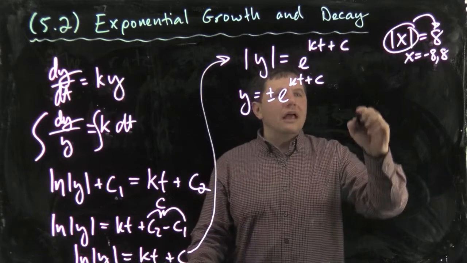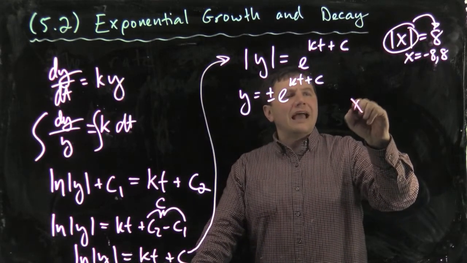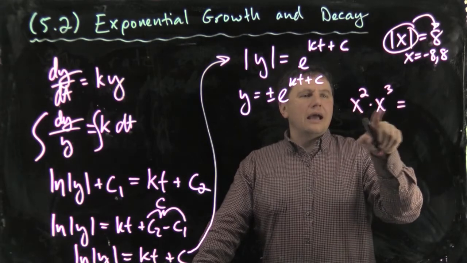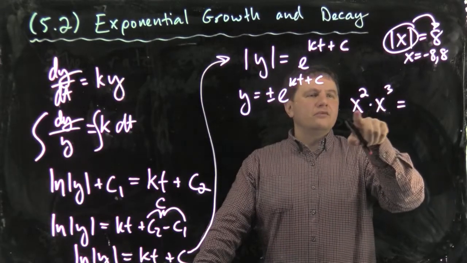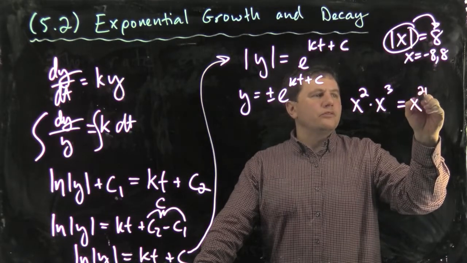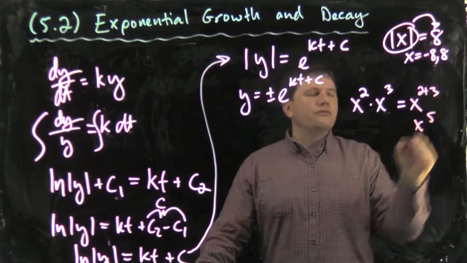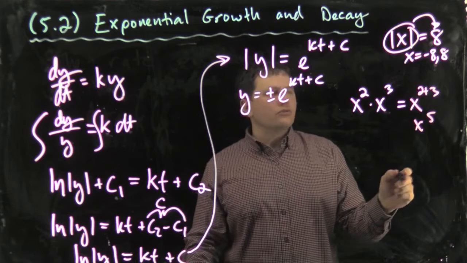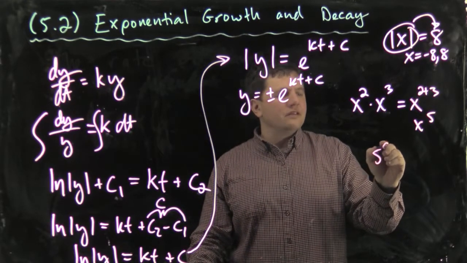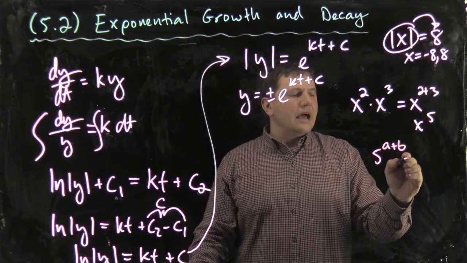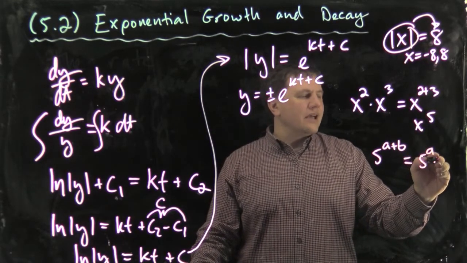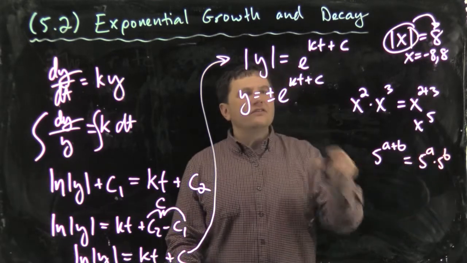The first thing to realize is if I have something like x squared times x to the third, when I multiply things with like bases, I end up adding the exponents. It ends up being 2 plus 3, or x to the fifth. What we're actually going to do here is the opposite. When we see something like 5 to the a plus b, I can actually go the opposite way. I can call this 5 to the a times 5 to the b,